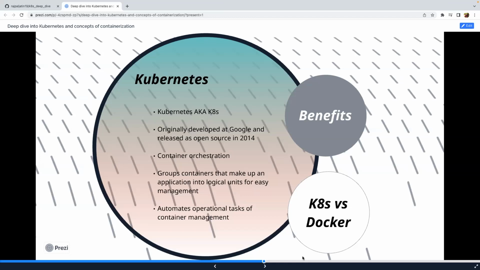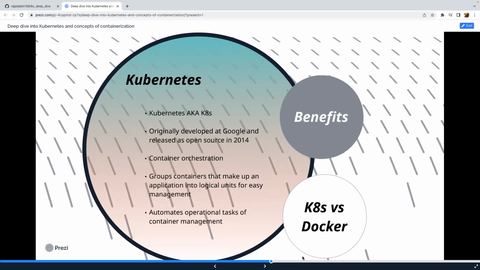Other than that, it also takes care of automating the operational tasks of containers. So for example, one of your containers crashed because of some issue. That happens with our applications as well, running on bare metal. Kubernetes itself will take care of the restarts and things like that. So you don't need to take care of the operational tasks that we are doing as of today. Everything from the operational task perspective is taken care of by Kubernetes.